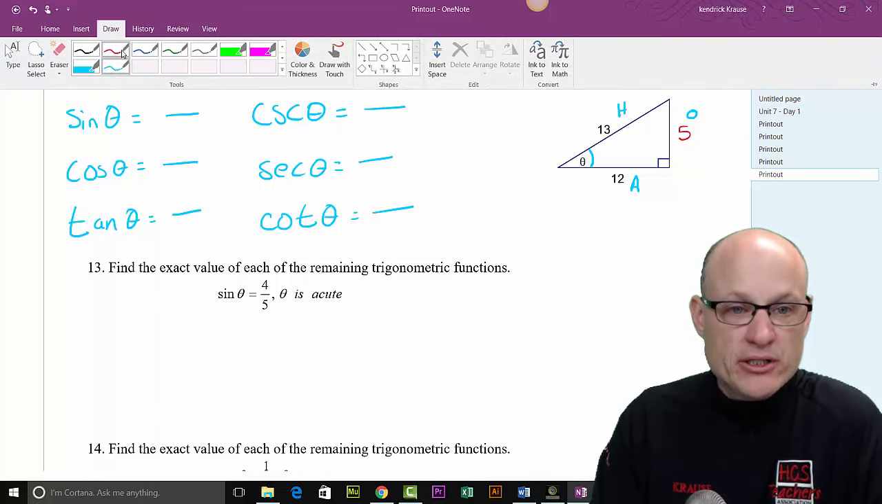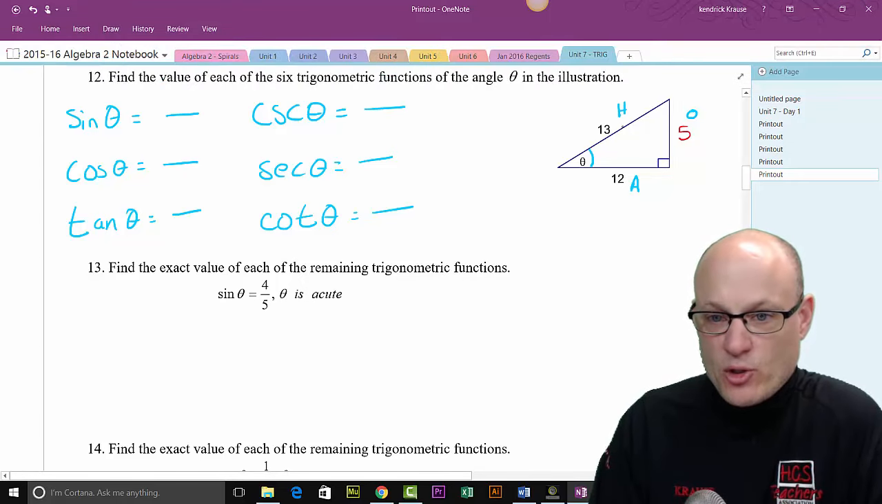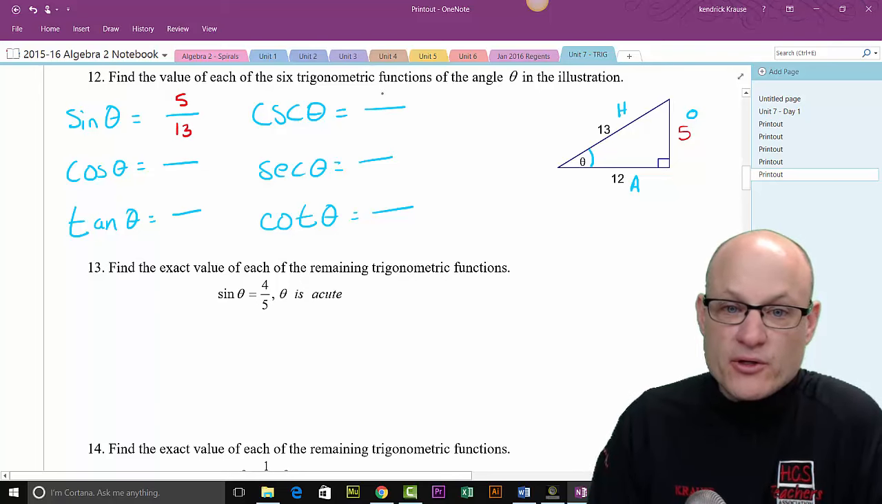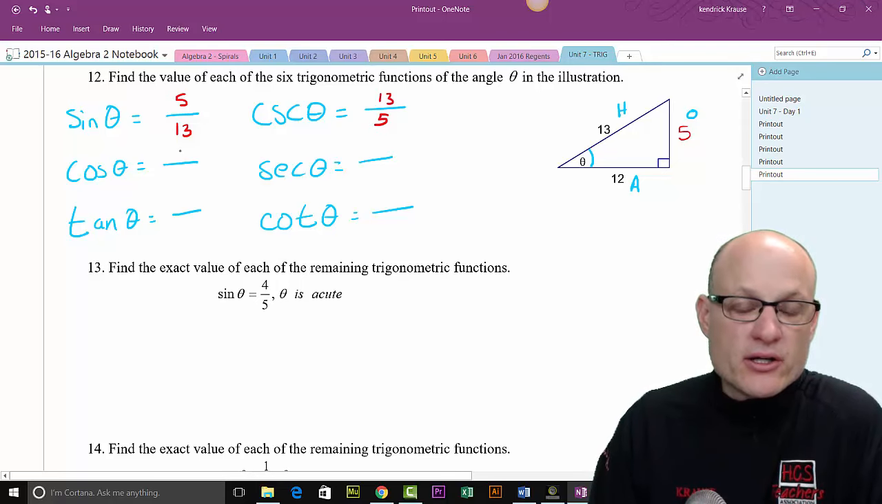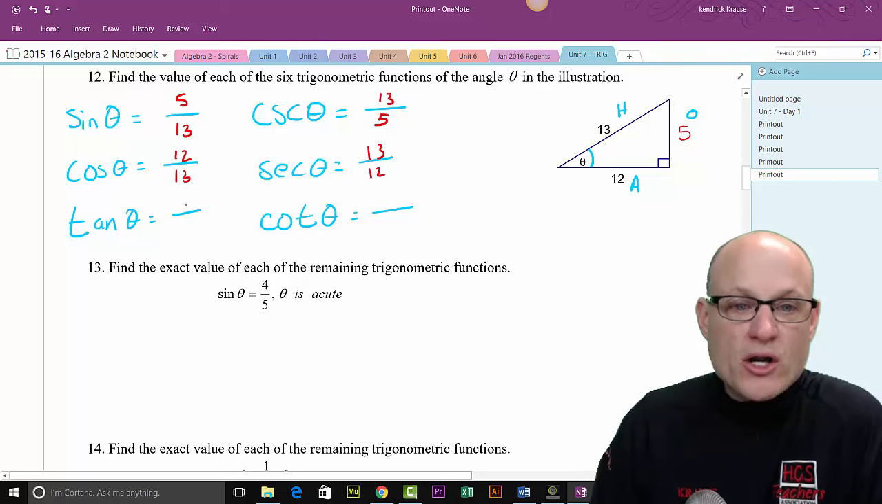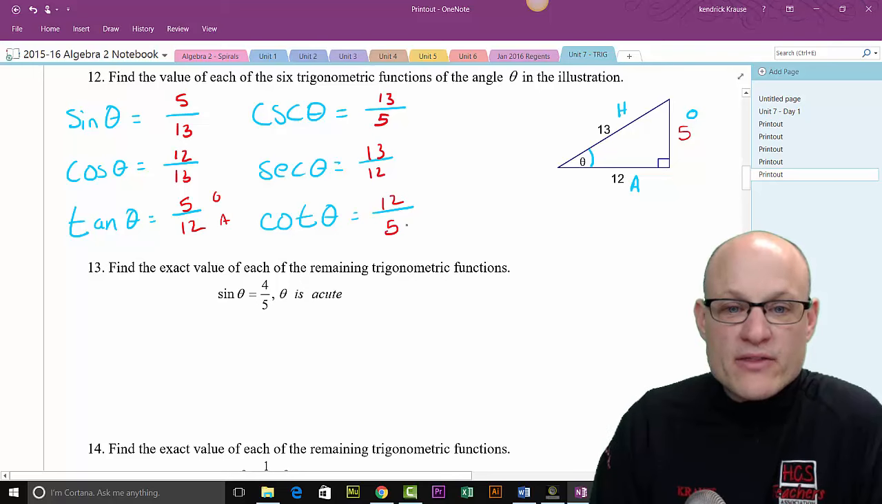Some old hippie: opposite over hypotenuse, 5 over 13. So this one's 13 over 5. Caught another hippie: adjacent over hypotenuse, or 13 over 12. Tripping on alligators: 5 over 12. On alligators, O over A, or 12 over 5. The last thing you're going to do, last thing,